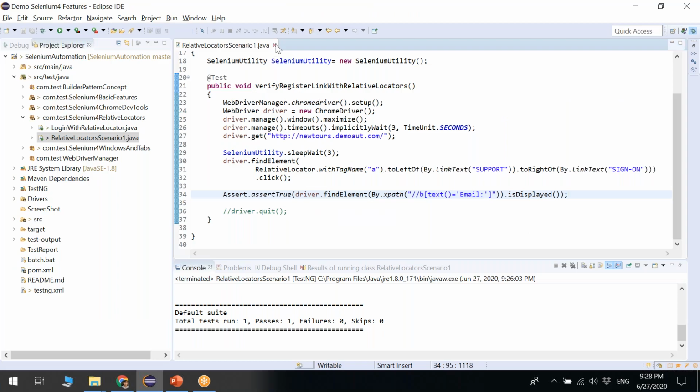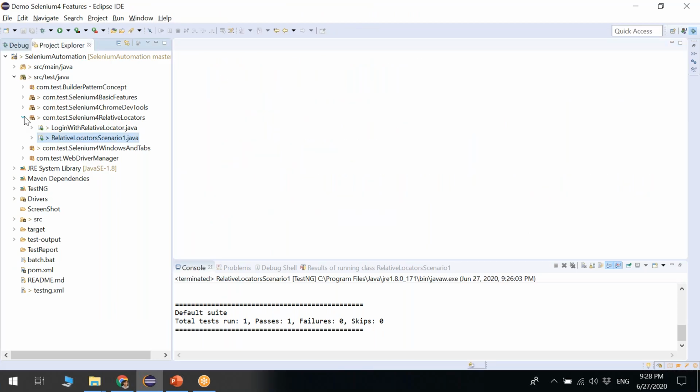Let me close this. Let me add one more point, Sachin. Sometimes we need to just verify whether an error message is displayed or not. Instead of capturing the whole web page, we can capture that particular error message screenshot. It will not be heavy, it will be a lesser size only, as Sachin mentioned. You will get many scenarios where you just need to take the screenshot of a particular web element, not everything.